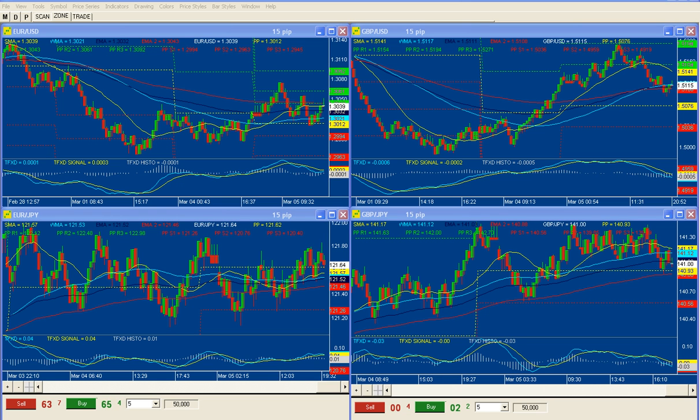Now you know that my belief is that the euro yen and pound yen have been in a very obvious state of transition. They've moved too far to the upside and we're due for some type of pullback, which we have now seen. But over the last few days, even though we got a pullback, I think there's still some room to the downside, but we are once again in a transition. What I want to talk about today and look at...